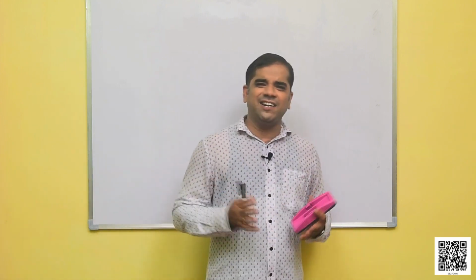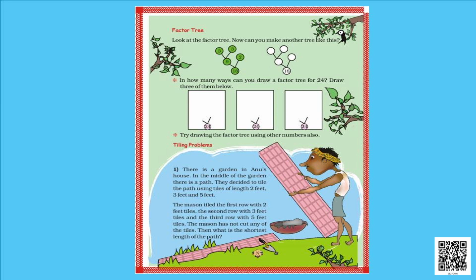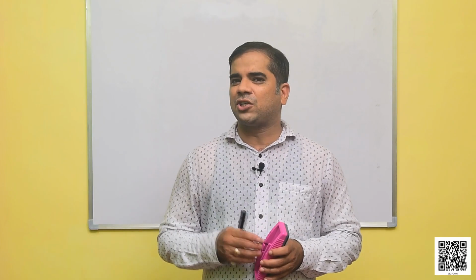The first problem is your tiling problem. What does it say? It says that there is a garden in Anu's house. In the middle of the garden, there is a path. They decided to tile the path using tiles of length 2 feet, 3 feet and 5 feet. The mason tiled the first row with 2 feet tiles, the second row with 3 feet tiles and the third row with 5 feet tiles. So, what should be the shortest path